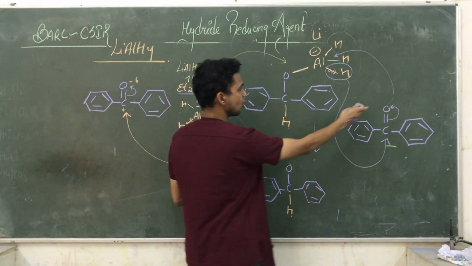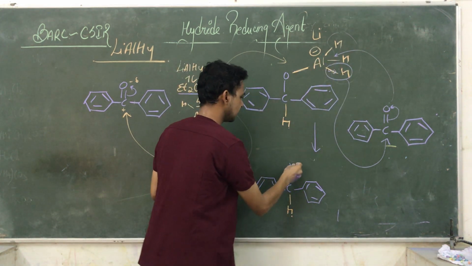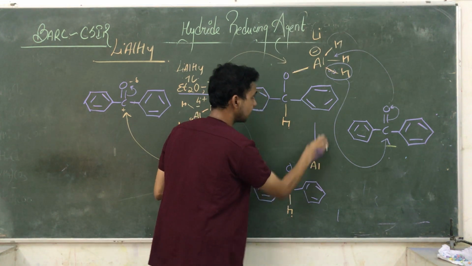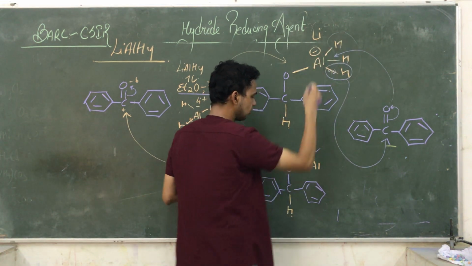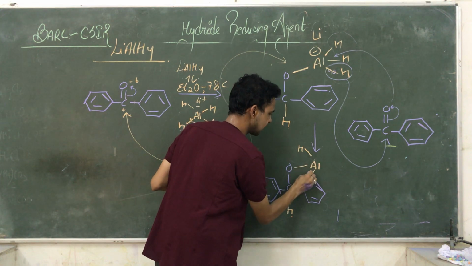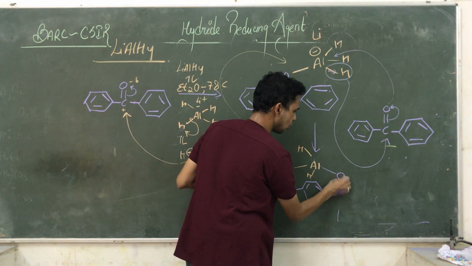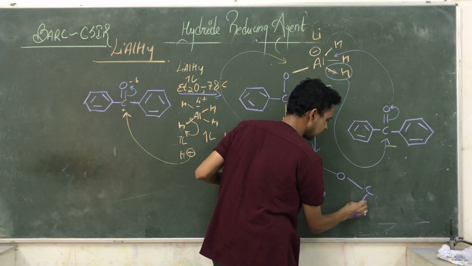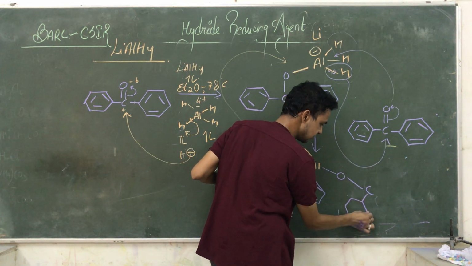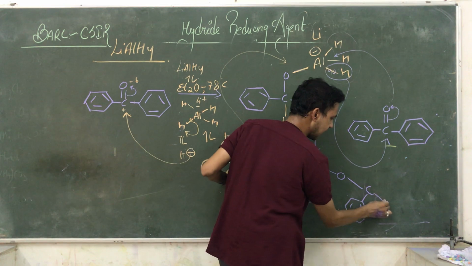Again this O is attacking on this aluminium. तो यहाँ पे क्या था आपका? aluminium पे already था. एक हाइड्रोजन निकल गया, तो 2 hydrogen is left. 1 hydrogen is here, 1 hydrogen is here, and this aluminium attached with this oxygen O. O is attached carbon. Carbon is attached with benzene. Okay, and